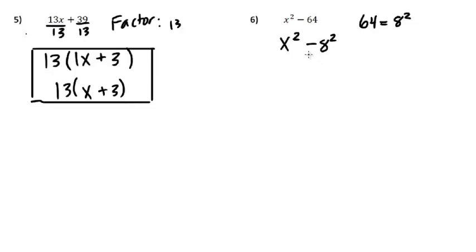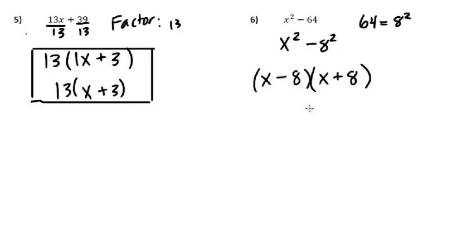Well, if you remember from yesterday, we did something called the difference of two squares. And right here I have x squared, and right here I have 8 squared. And I'm taking their difference, I'm subtracting them. So I know that if I have the difference of two squares, it's pretty easy to factor. All I need is two sets of parentheses, and I take what I'm squaring, so I'm going to take this x, and I'm going to take this 8, and I put it in both of the parentheses. So I'll have an x, I'll have an x, and I'll have an 8, and I'll have an 8. And the only difference between the two sets of parentheses is that one needs to be subtracting and one needs